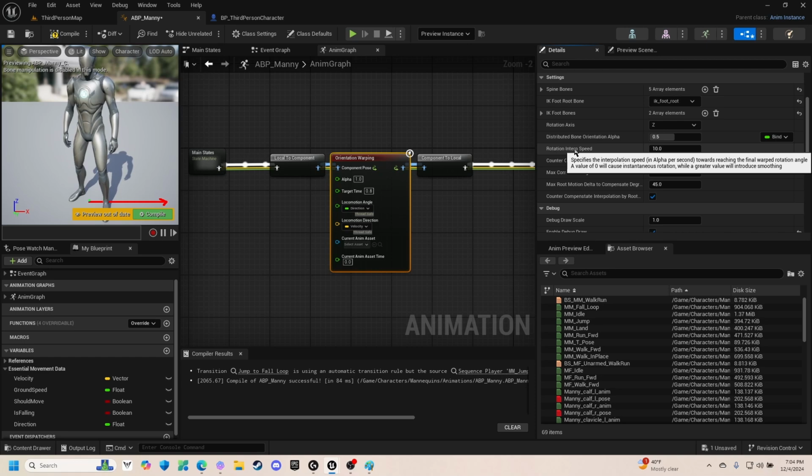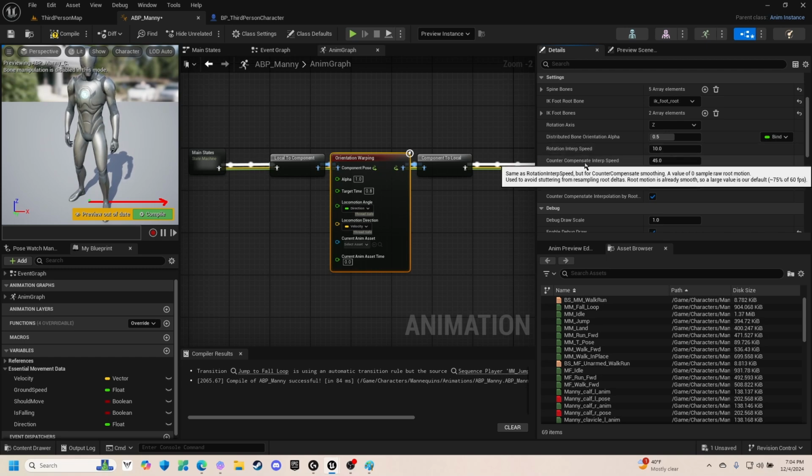But then if we set it to 0, it will disable this, causing instantaneous rotation. Keeping it at 10 is fine, but stuff like 15, 20 works just as well, but just know that it's going to be greater. So I would probably set it to anywhere around 5 to 8 for much smoother rotations maybe. And then this is the counter compensate interp speed,